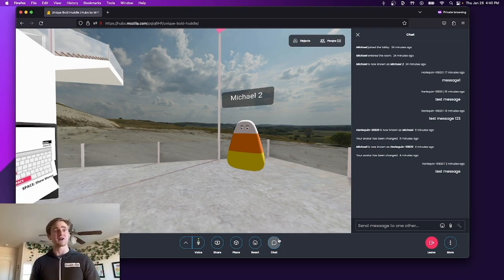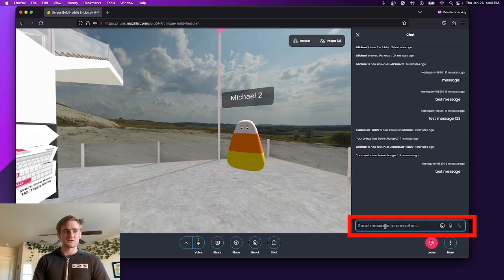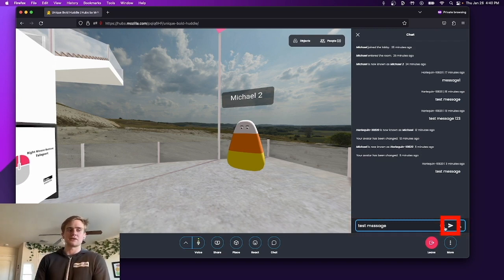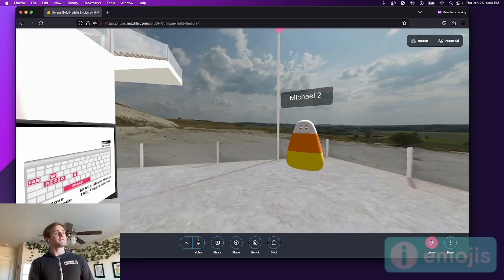You can see here that I've sent a lot of test messages so far, as well as some information about name changes and who's entered and exited the room. To send a message, you can type in the input in the bottom right, and then either click the send button in the middle or hit enter. Now, whoever's connected at the time will be able to see that message. Great. The second feature I want to show you is